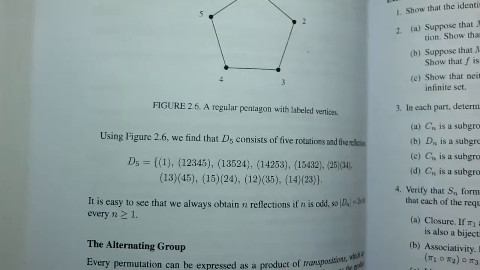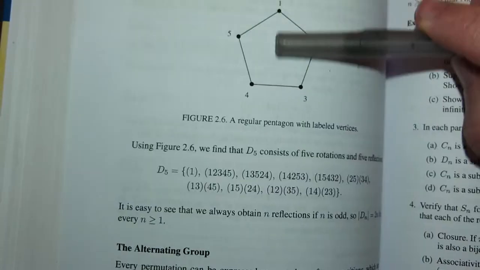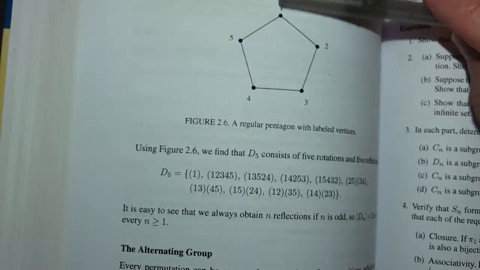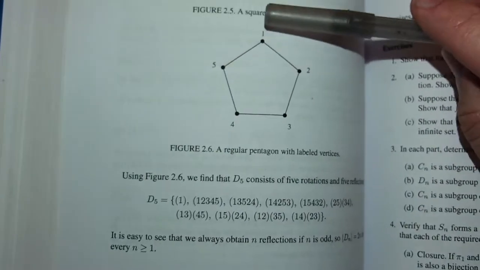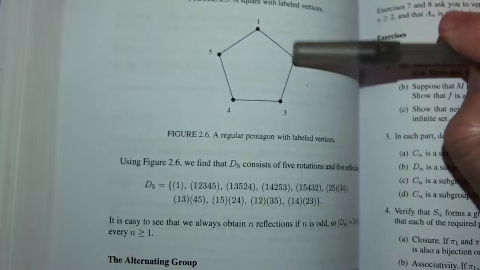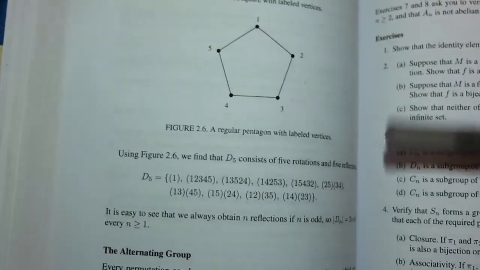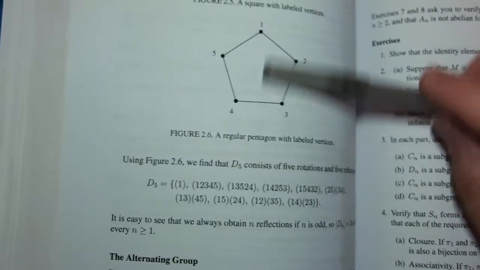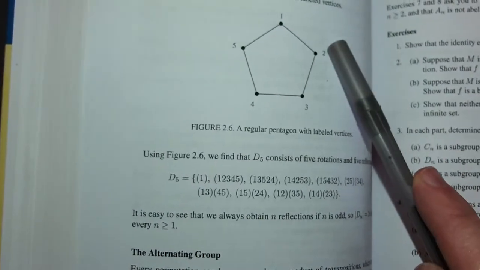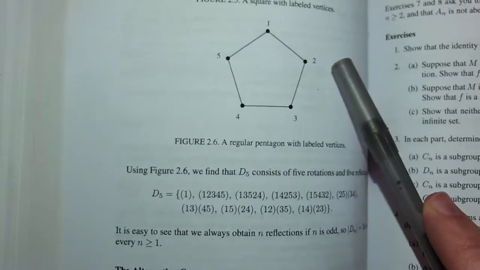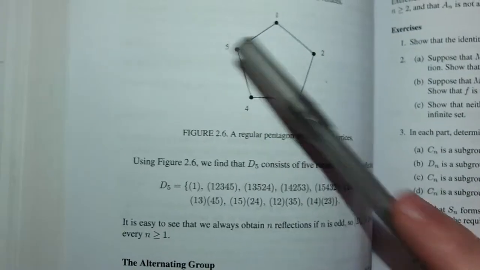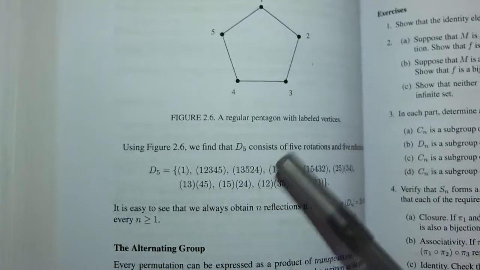Let's check that these reflections actually do this. So this first one that I showed should fix 1 because the line of reflection passes through 1. It's the only vertex that it passes through. So it fixes 1. It sends 2 to 5 and 5 to 2, 3 to 4 and 4 to 3. That is this in cycle notation. Okay, one more just to show you. Now this line of reflection passing through 2 fixes 2, sends 1 to 3 and 3 to 1, 4 to 5 and 5 to 4. There it is. So similarly, there are 5 rotations,